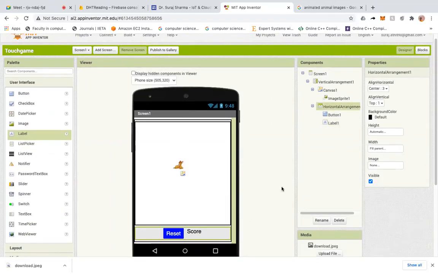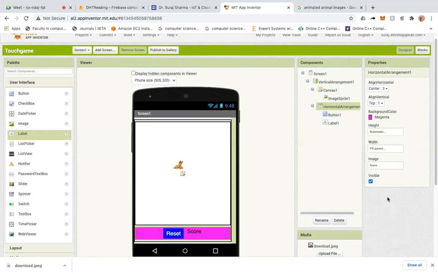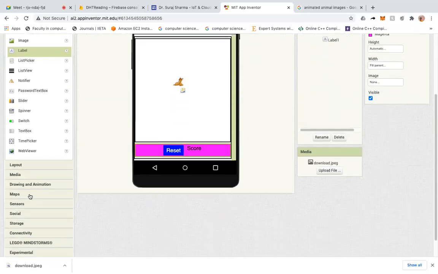Okay, that's all. Horizontal arrangement, I'll make the color a different color so that it would be visible. Okay, great. So this is my arrangement that I have done. Now one more component I'll put here is the clock component. I'll let you know what is the meaning of the clock component.